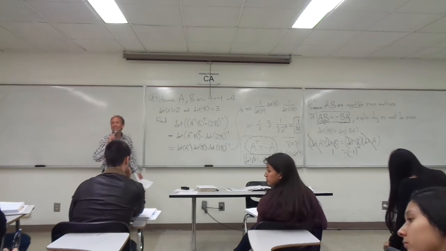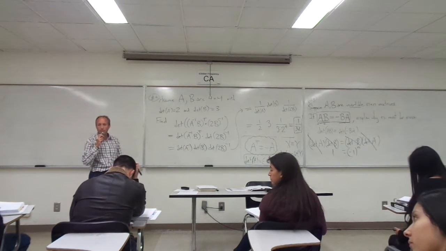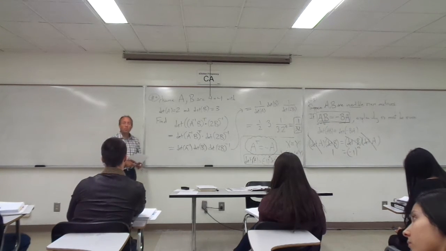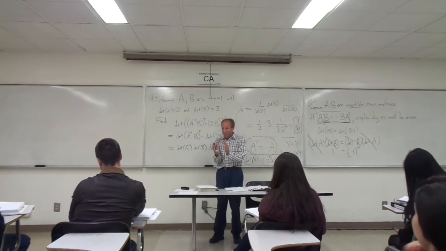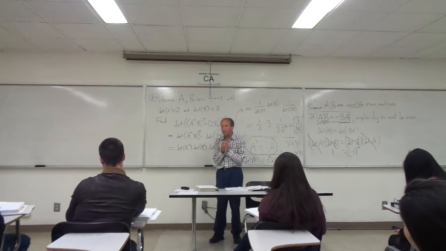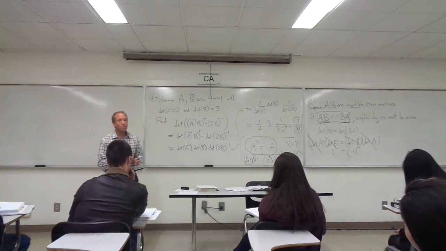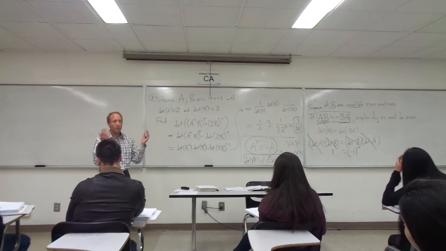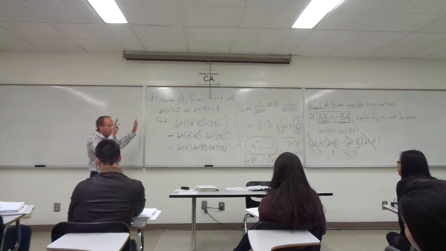Jim? I just have a general question. If we have a matrix question, solving a system of linear equations, and it's anything but an n by n matrix, we have to use Gaussian elimination, correct? Right. The only time you can use Cramer's rule is if you have an n by n matrix that is invertible. If your matrix is not invertible, or it's not square, then the only way to solve the system really is to do the Gaussian elimination and figure out where your pivots are and go from there. And we would be able to use the adjoint method to find the inverse. Right. All that stuff. If the matrix is